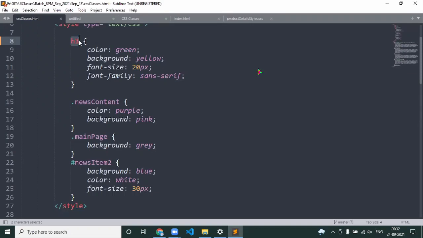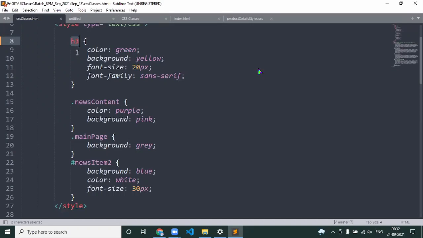Sir, can you please again explain that news content, that main page you told, hash news item, that tag based you were saying to the previous person? Okay, you mean to say tag based, a class attribute. If you see here, that is tag based.